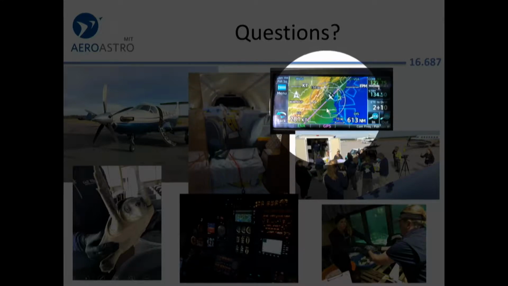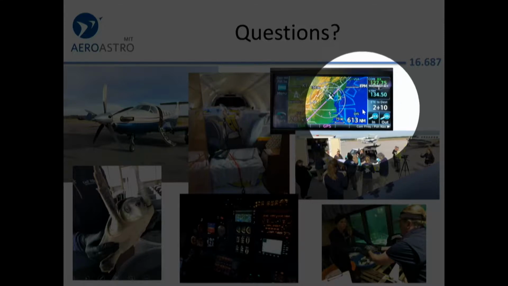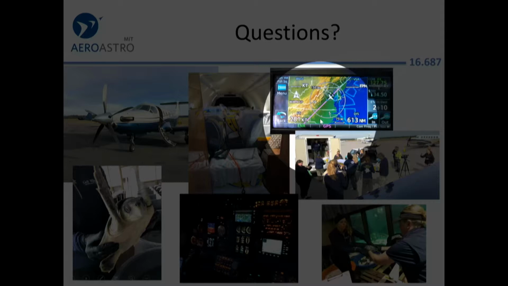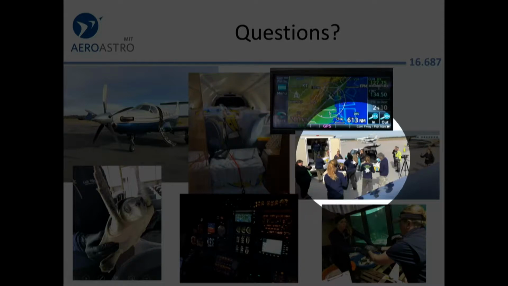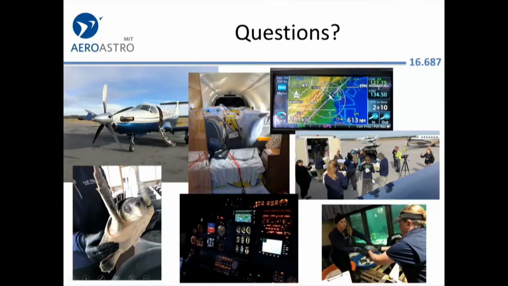Here's a Garmin 650 in the front of the airplane, showing that we're just entering Virginia, I believe, and we still have 2 hours to go before we get to Panama City, Florida. We're getting 281 knots over the ground, which is a little bit of a tailwind. That's unusual going to Florida. When we get there, we get treated like rock stars. There's a TV station there. The turtles are here being transferred,